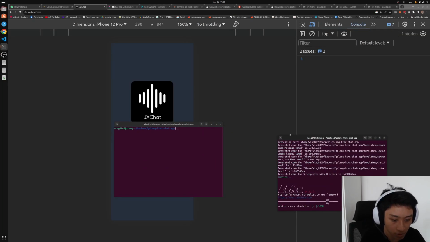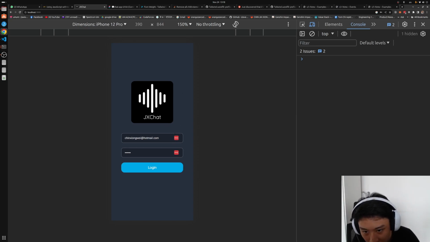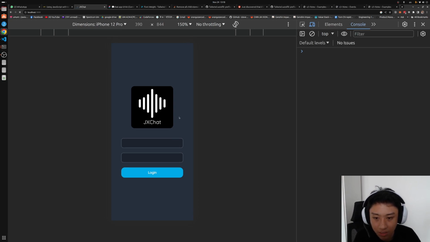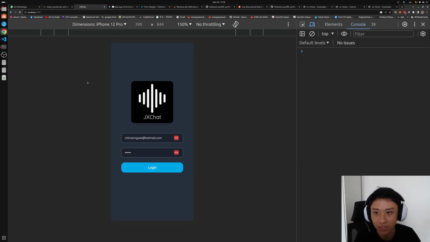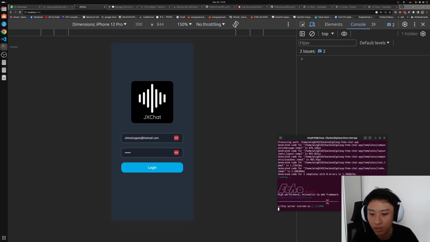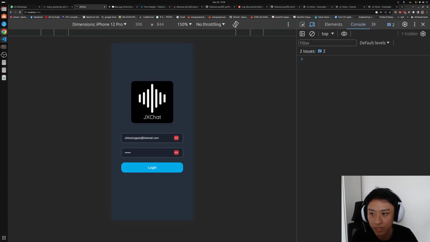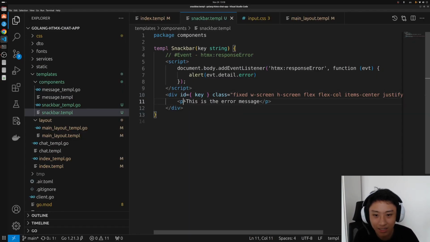Well, let's see. Yeah, it should work now. I don't see the error message right now already. Yep. So coming back to the error message, to make this error message clearer, because I don't see anything in the text,